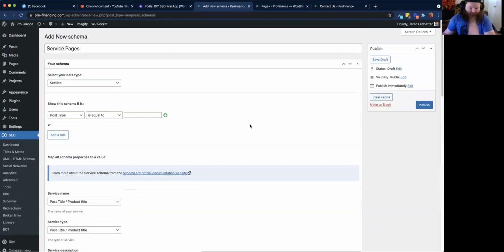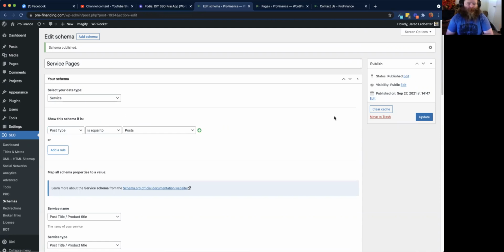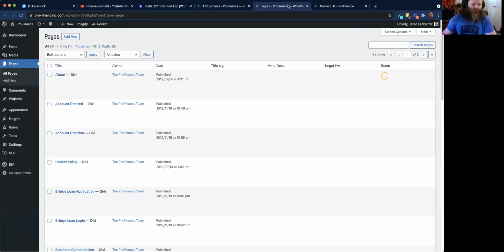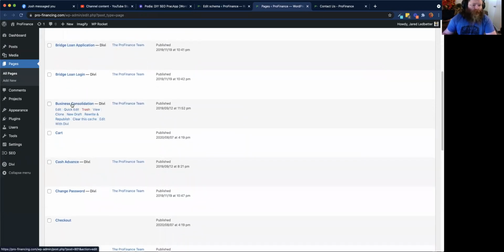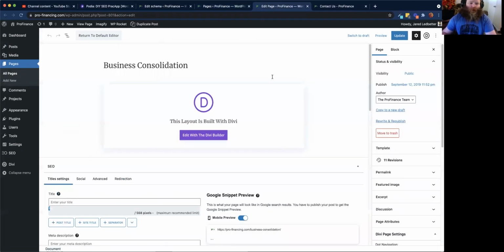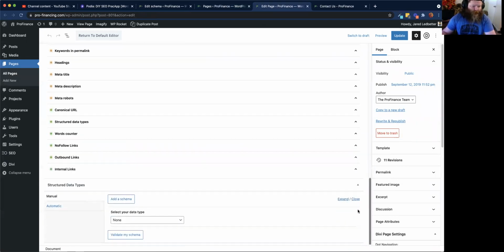And that is everything. So because we have not set this to be dynamic or to apply automatically, we can actually set this up to be manually executed. And so I can pull up a page real quick and show you business consult consolidation. Okay, cool. And so on the page, you would scroll down and see this structured data type section. And so you just select,